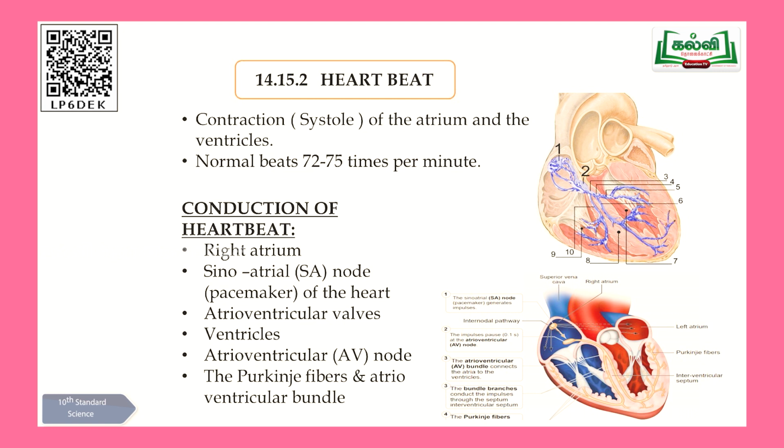This contraction is called systole. When the ventricle contracts, systolic pressure is created, which will push the valve. That valve is called the pulmonary valve. The pulmonary artery is going to take the blood to the lungs. So, the semilunar valves present there will be pushed open, and the blood will be pushed inside the pulmonary artery. During this, when the ventricles contract, that is called systole. When the ventricle contracts, that is termed biologically as systole.